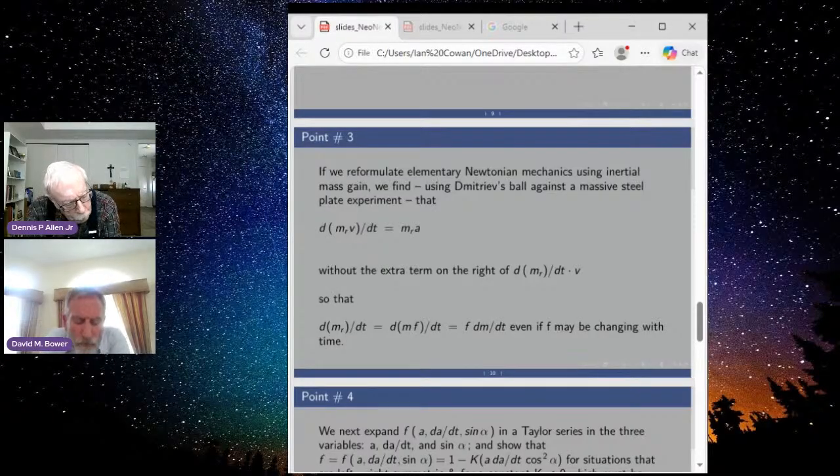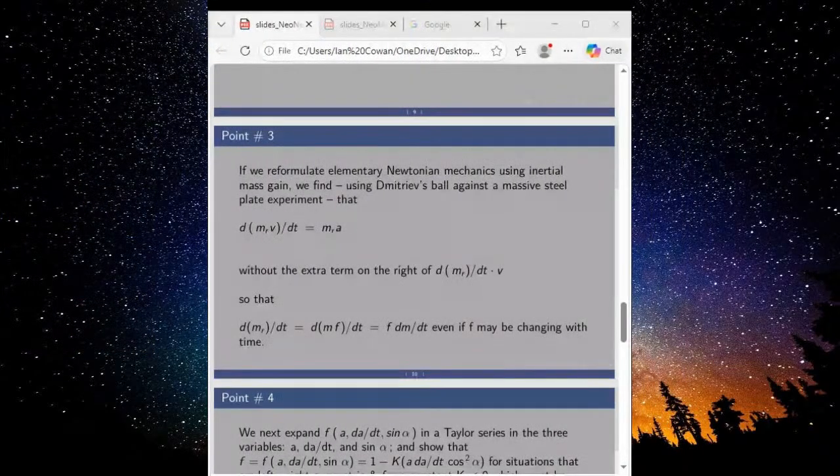Yeah, so this definition of force in terms of change of momentum with time, and following through on the differentiation, you get the two terms. That's where you get this longitudinal mass and transverse mass, which, by the way, Einstein got wrong in his first paper. Were you aware that he got that wrong?